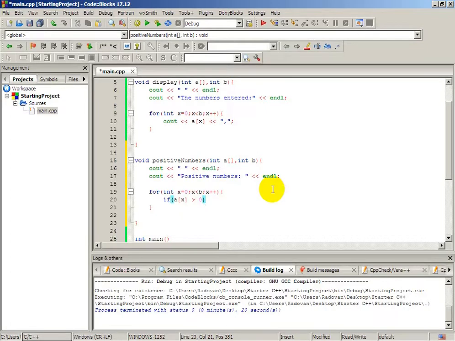We will not need that. If you wish, you can type. If we want 0 to be displayed, we will use greater or equal. And now what we will do, this is a condition: if number is greater than 0, the number will be displayed. We will just cout,